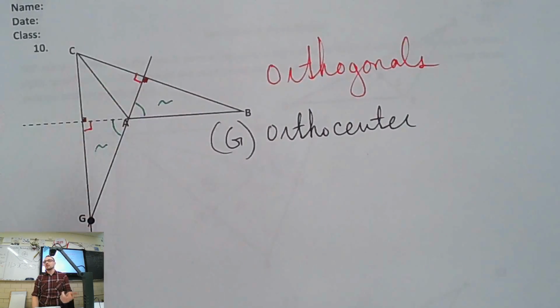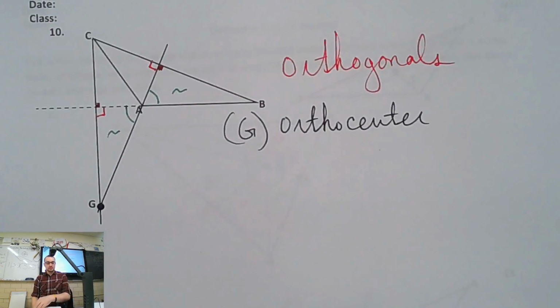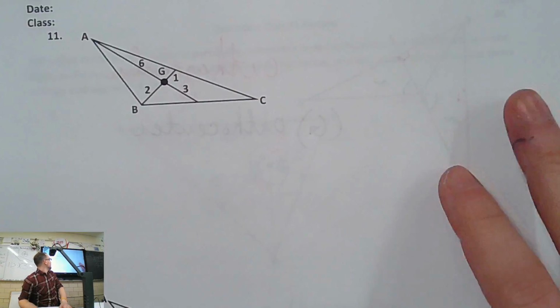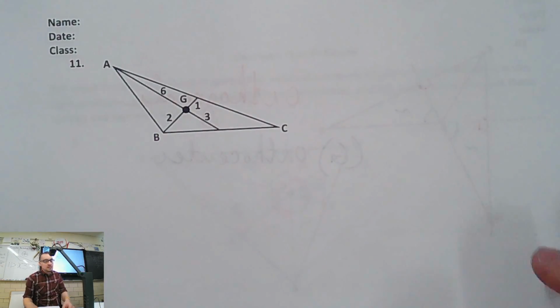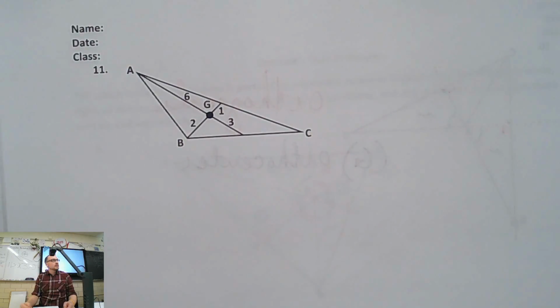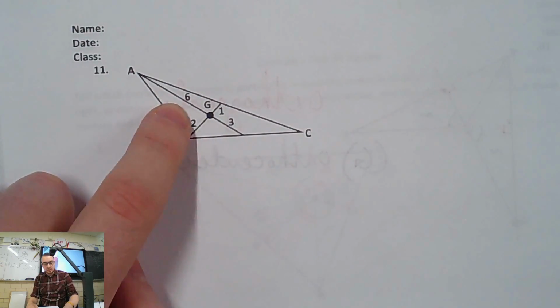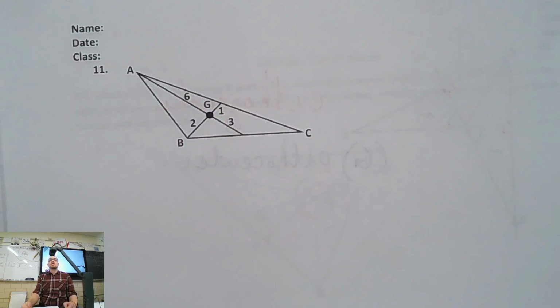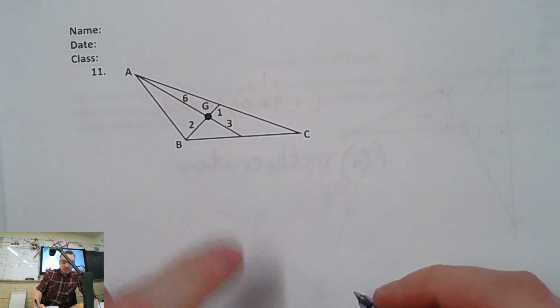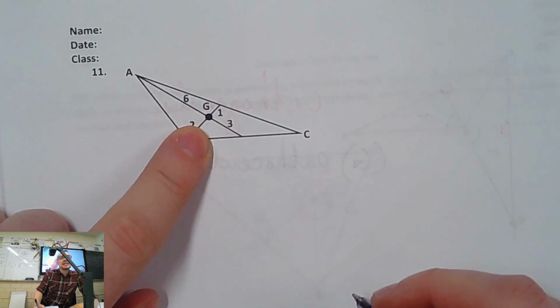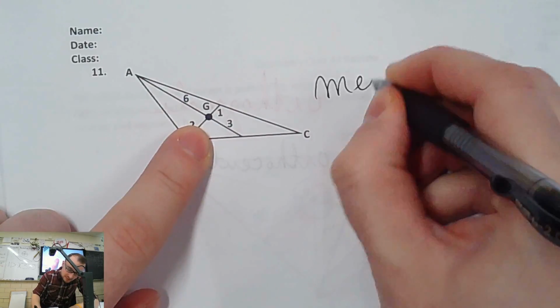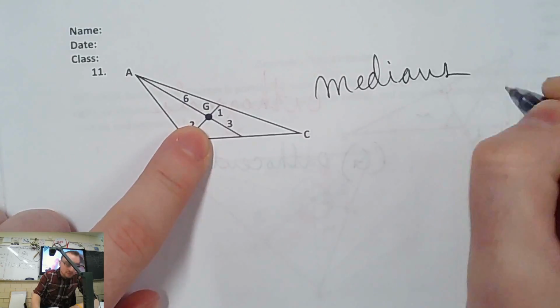There's no vertical angles there, right? It's a little bit harder. Let's look at 11. We'll worry about that next week. They don't give us a lot of information, but they do tell us how long these little bits are, right? What do you notice? Oh, they're 2 to 1. They're 2 to 1, which means those must be medians. Yep, we have medians.